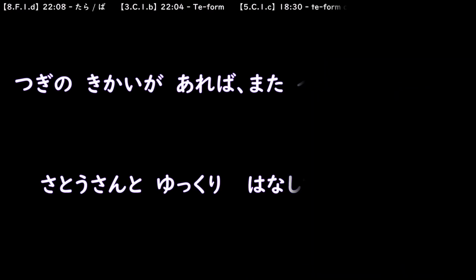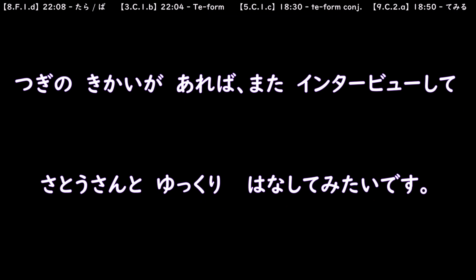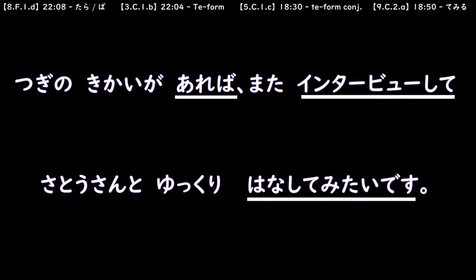Next one is quite a tough sentence too. So if maybe you didn't manage to do it or you're not sure that your translation is correct, try to press pause and redo it once again. So first, we underline the verbs to spot the clauses, and we see that we have three clauses.